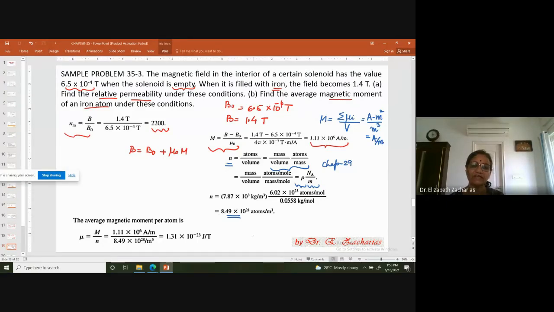So now you know what magnetization is. Magnetization is the total dipole moment in 1 meter cube of the material. Or you can say that if there are n atoms and if mu average is the magnetic moment of one atom, then n into mu average is magnetization. Therefore, you can get your mu average. So mu average will be net magnetization divided by the number of atoms. Needless to tell you, the unit will be Joule per Tesla.